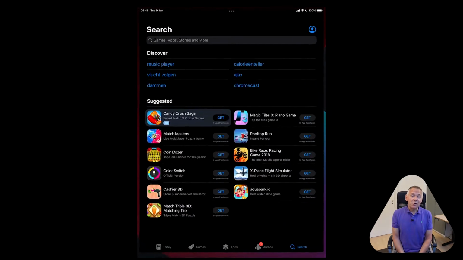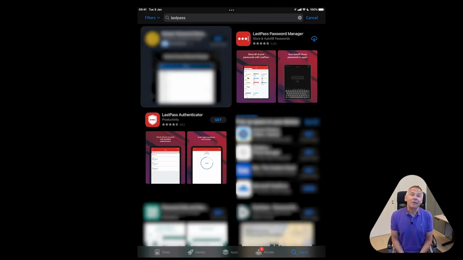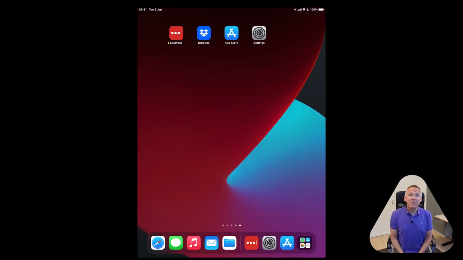To begin, let's open up the Apple App Store and search for the LastPass application. As we can see, there are two applications. In this case, we want the LastPass Password Manager. The current release is 5.16.0 as of mid-August 2022. Once we have installed the LastPass Password Manager application onto our iOS device, in my case it happens to be